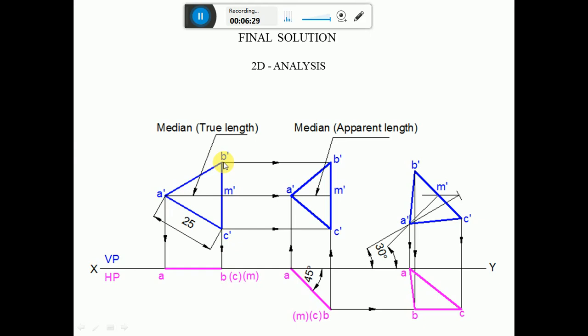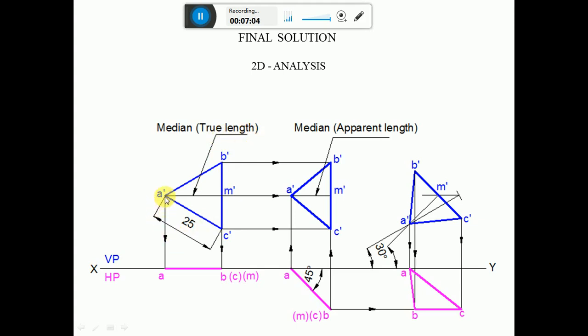So first we are going to draw a vertical line of 25 mm and mark the points as B dash and C dash. Then by taking the compass with C dash as center, take the radius of 25 and draw an arc. With B dash as center, cut the previously drawn arc to mark the point A dash. Then join A dash to B dash with a dark line, B dash to C dash with a dark line, and C dash to A dash with a dark line. So join A dash to the opposite midpoint of B dash and C dash, which is going to be M dash. This is going to be the median, which is in true length.